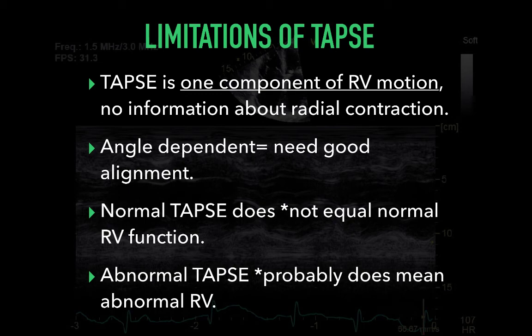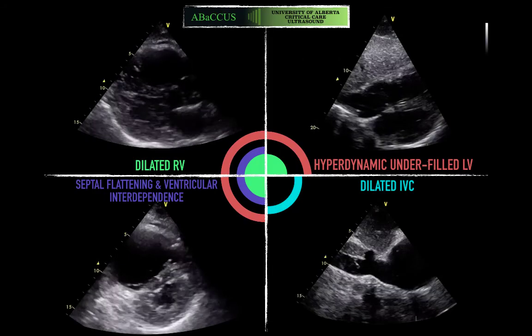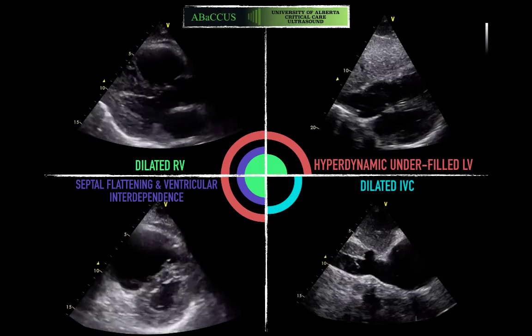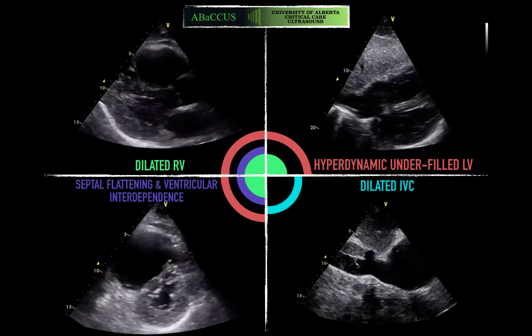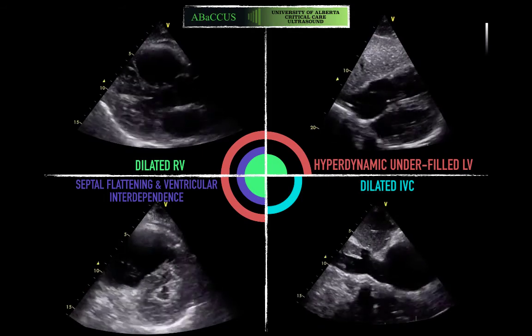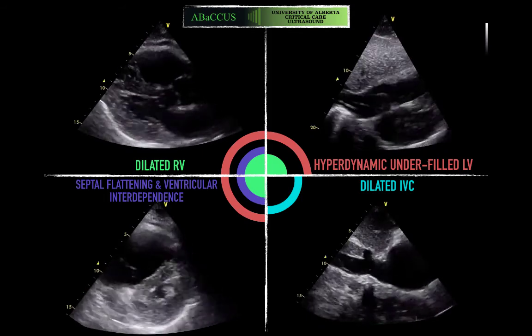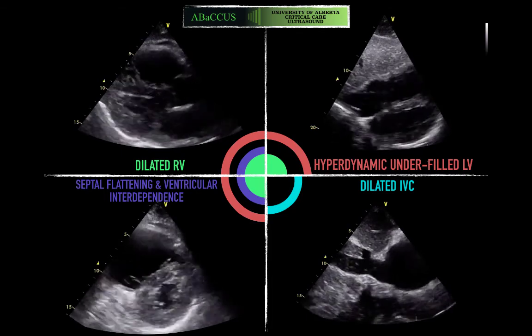However, in patients with pulmonary hypertension, I'd be a little more cautious. So the key is really putting it all together. Do they have a dilated RV? Do they have septal flattening and evidence of ventricular interdependence? Do they have an underfilled LV where the RV fills at the expense of the LV? And do they have a dilated IVC? Really, it's all these basic 2D or brightness mode parameters that are important to put together